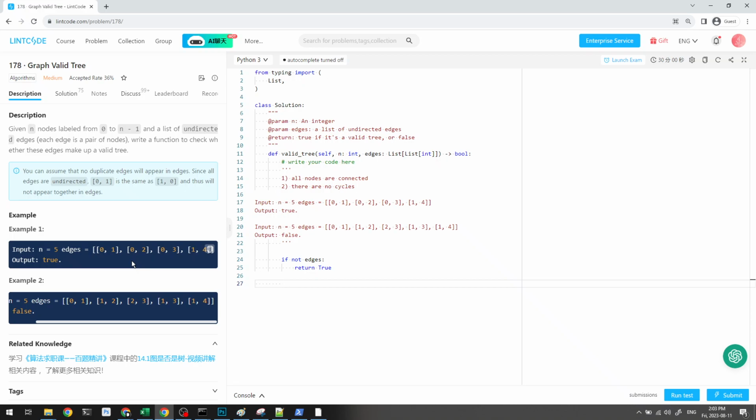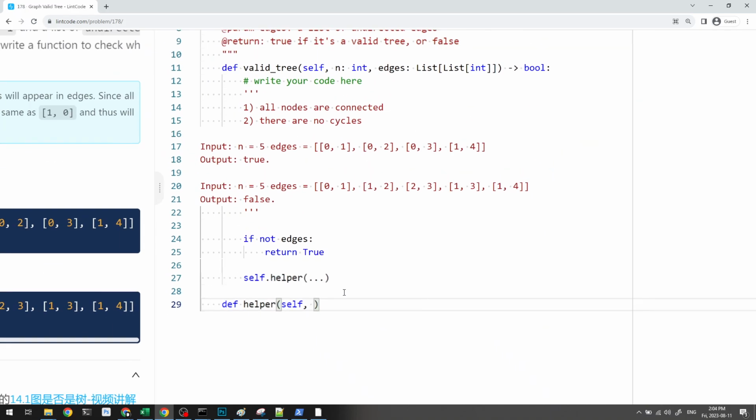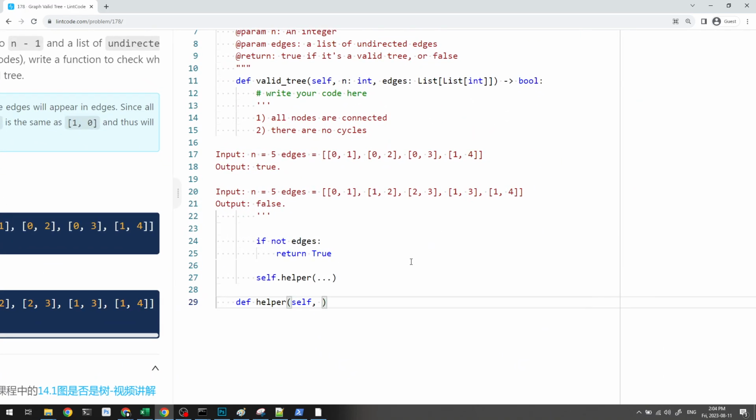Okay. Now what else do we need? Well, now I want to essentially do my recursive call so that I can determine two things: the total number of nodes and whether there are any cycles or not. So let's say we have my helper function. And what am I going to pass in? Well, in my helper function, what I want to know is the current node, right? Like one of the nodes. And actually, even before this, we have to create our adjacency list, right? So let's go ahead and do that. So we'll create a list where like 0 goes to 1 and then 1 goes to 2. And the way we do this in